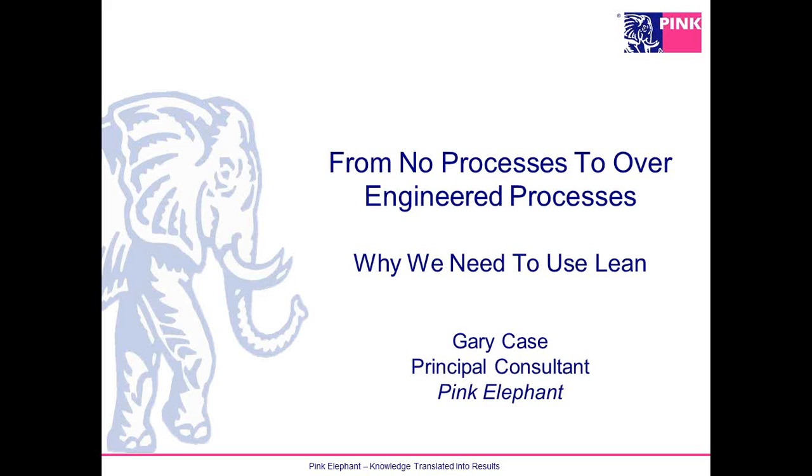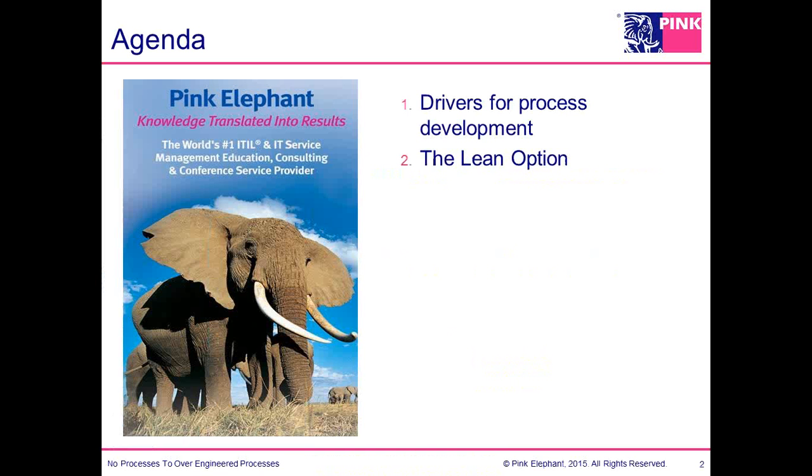And today I want to spend about 30 minutes with you talking about how organizations have a tendency to go from no processes to really over-engineering their processes. And this is a great example of why we need to use lean. And I'm going to talk about how we would look at this from our perspective on an ongoing basis, that we can use lean actually as a way to get started in helping with some process design. But quite often what happens is that we're brought in after the fact, after they've already done a lot of their process activities and design work.